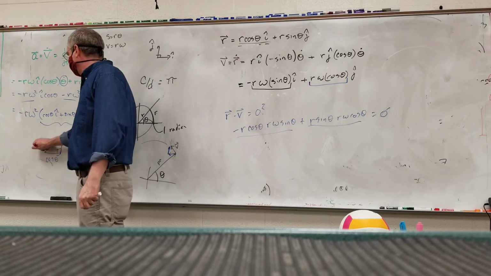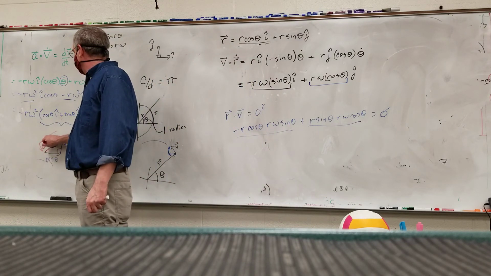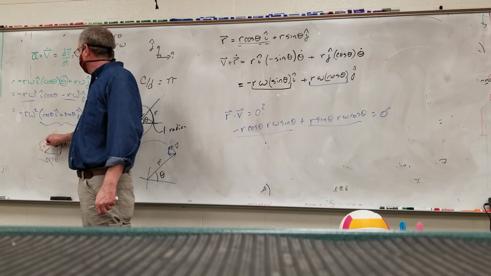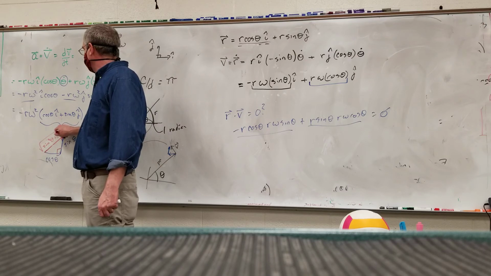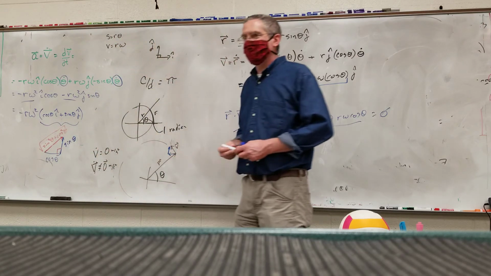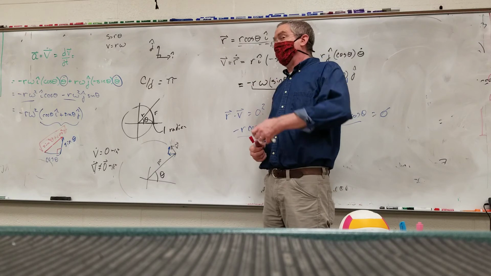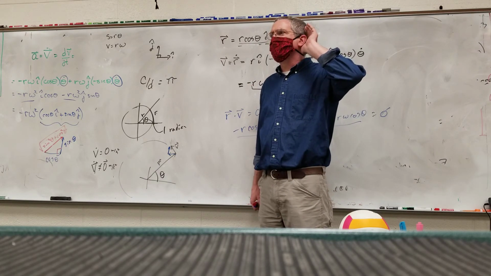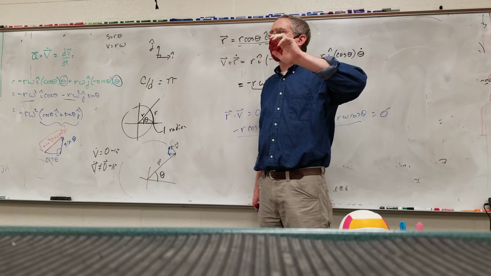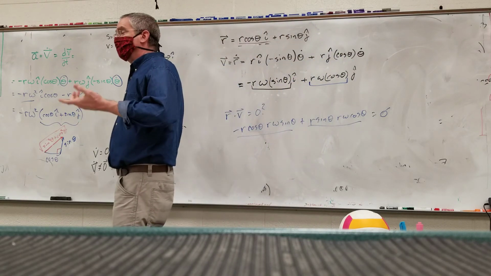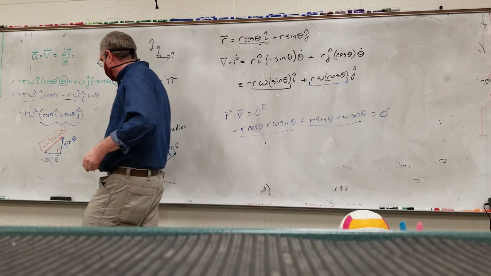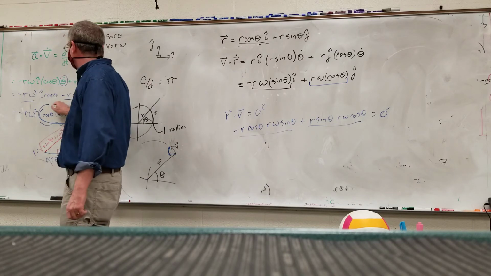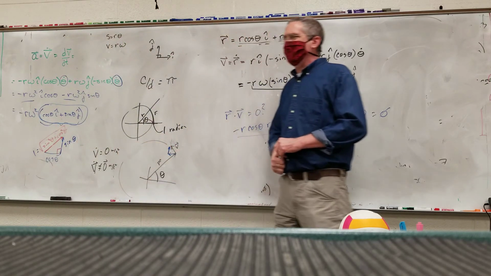Okay, so this is the square root of cosine squared theta, you said it the other way, so we'll stick with that, sine squared theta plus cosine squared theta. Okay. We can simplify that. Square root of 1, which is 1. So this cosine theta i hat plus sine theta j hat has a magnitude of 1,